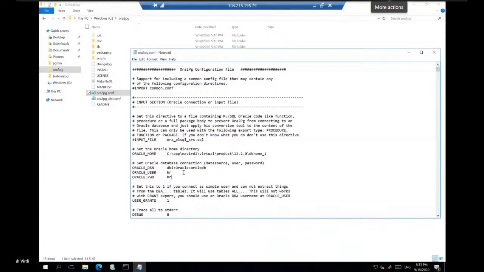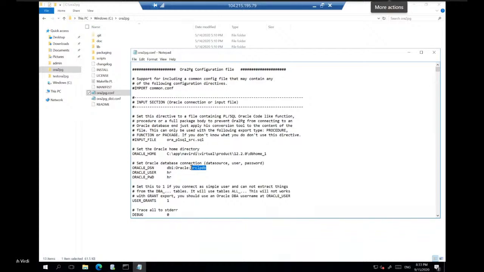Then you need to provide the Oracle DSN and the username and password that you want to connect with, right? Now since I'm using TNS names connectivity, I can simply provide my Oracle service name here, and that's it.